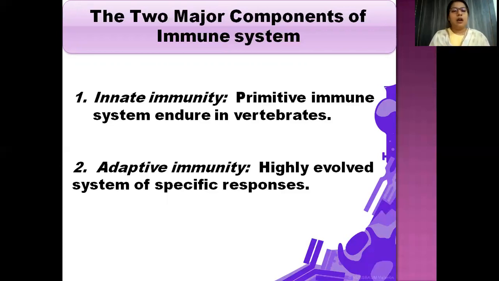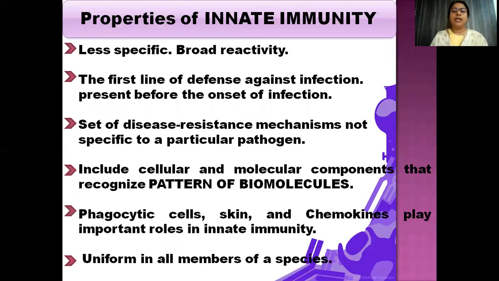So now, moving to innate immunity. Now we will discuss the properties of innate immunity. First is less specific with broad reactivity. Now what does this mean? Less specific means it is not specific for virus, bacteria, or any other pathogen. It protects our body from viruses, bacteria, and protozoa in a similar manner, and with broad reactivity, it means it recognizes a whole pattern of